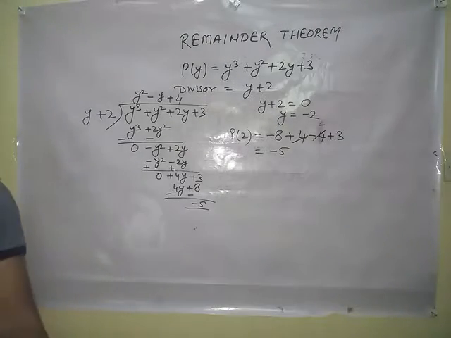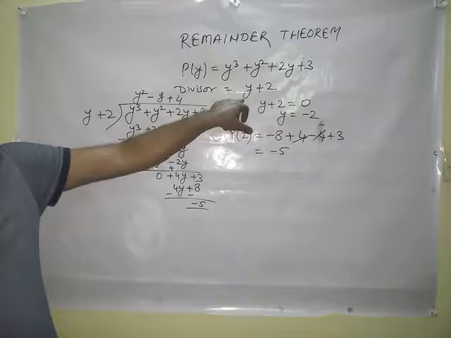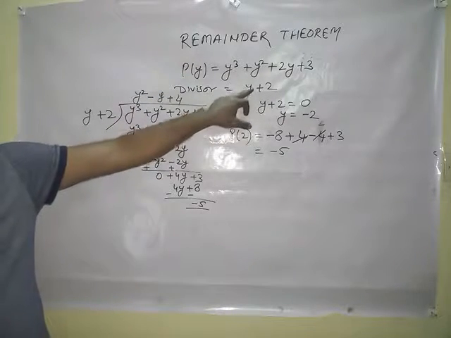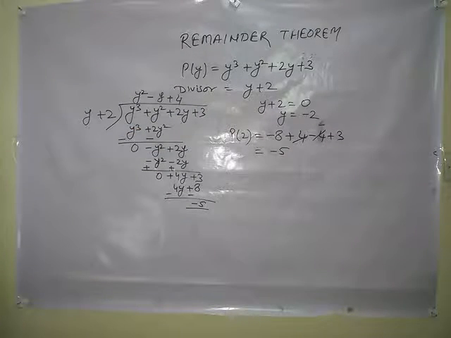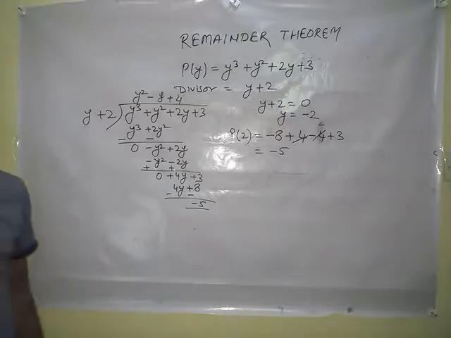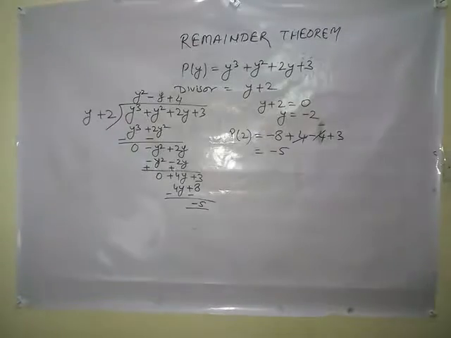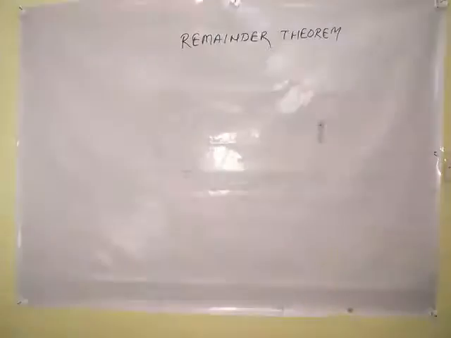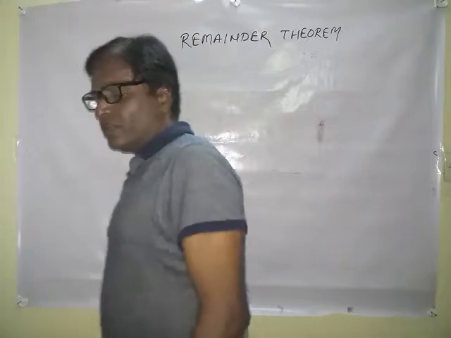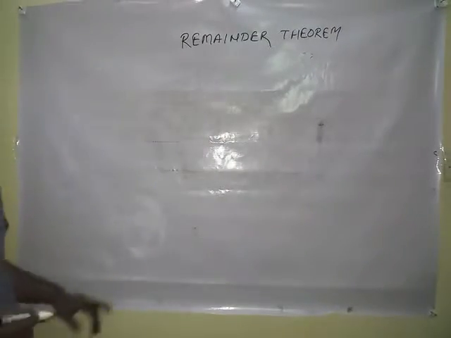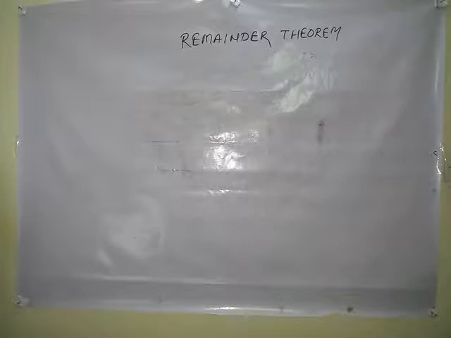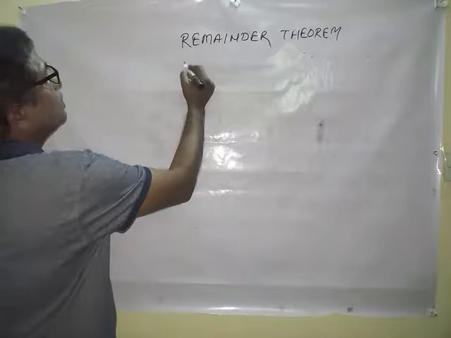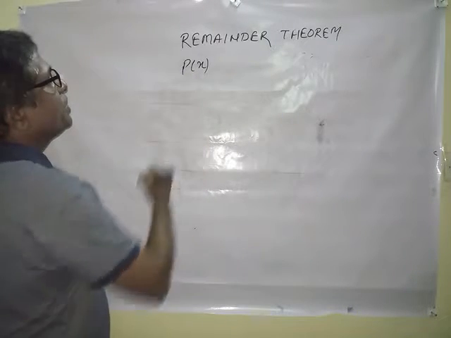But I will repeat it here. This remainder theorem is only possible when the divisor is linear, meaning having a highest degree of 1. Now in the remainder theorem, there may be a question to prove the remainder theorem. Let us assume P(x) is a polynomial equation